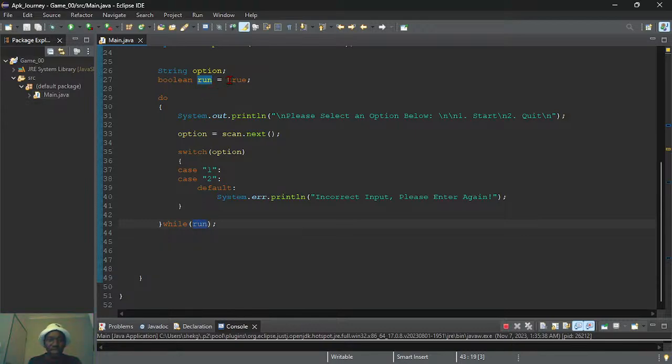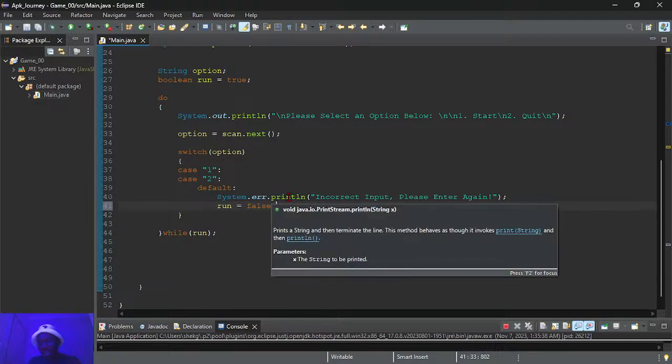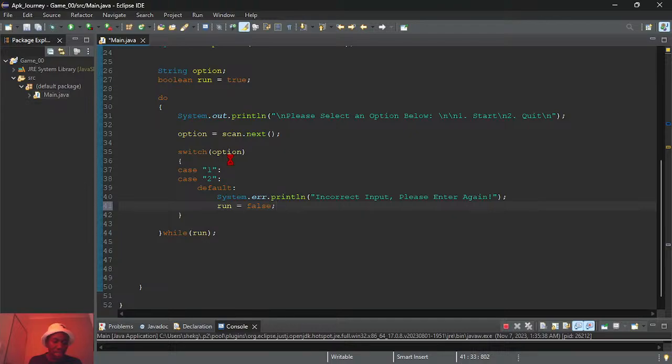As you can see now, the run is true here. So if I change the run to false, now when the user inputs a wrong thing, this will not repeat again, but it will actually break the while loop. Let's test it out and see what happens.